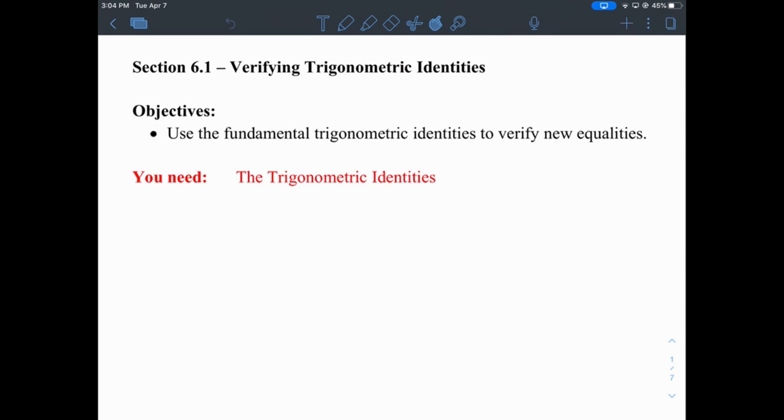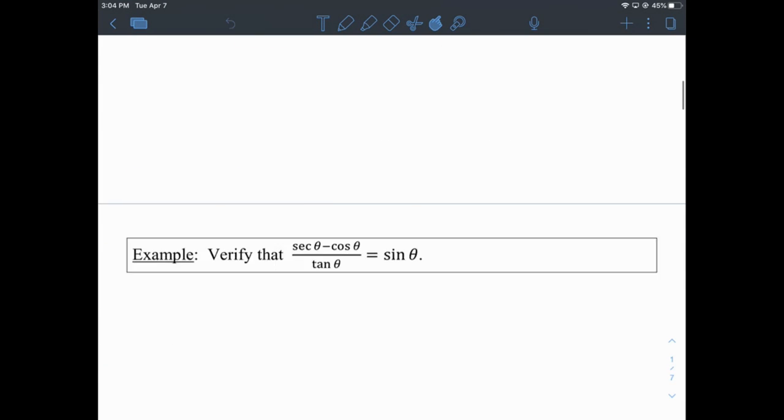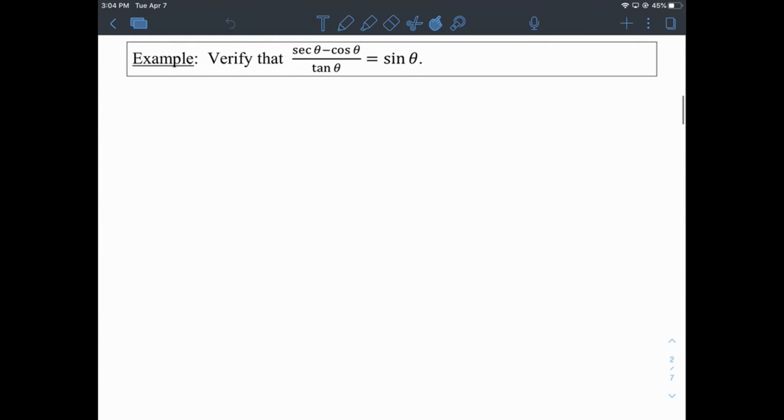We are continuing verifying trig identities for this lesson. You are again going to want your trig identities page out. I tried to make sure I put a copy of it on Canvas as well. All right, so just more practice. No new tricks for you really. It's just kind of practicing some more and introducing some more tricks that were on the list that I gave